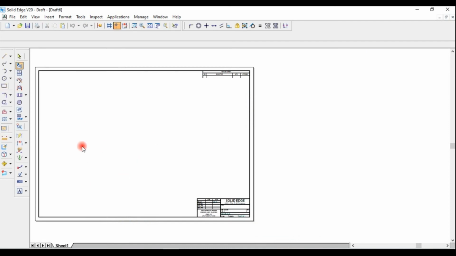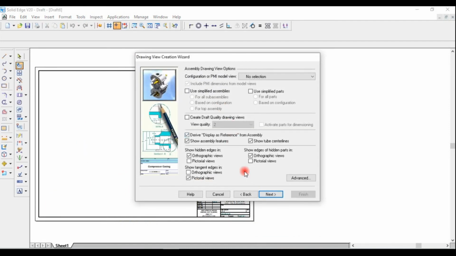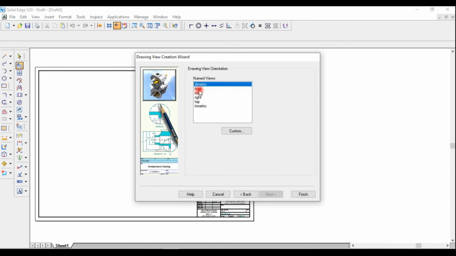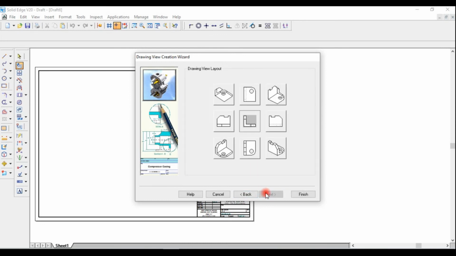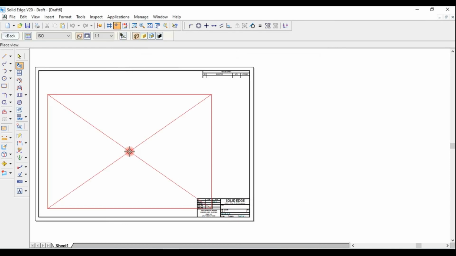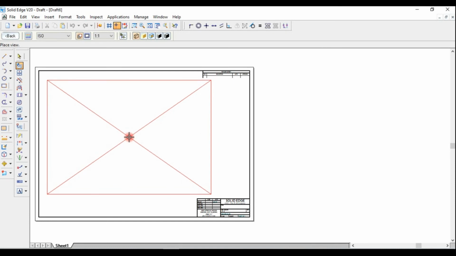You can see the 2D sheet is appearing. Now click next, click front, and click next. Now you have to select top view and isometric. Let's finish. You have to click on the main sheet.